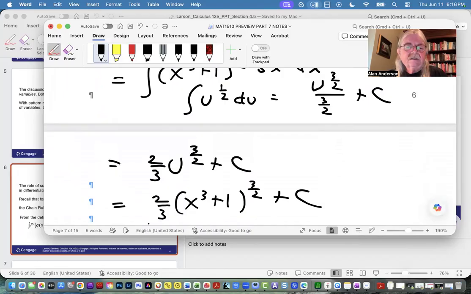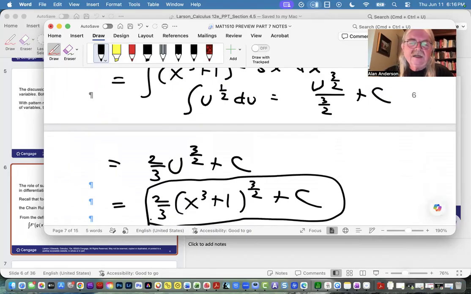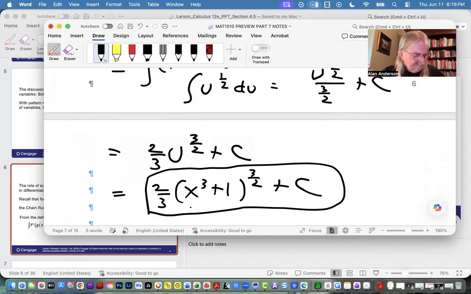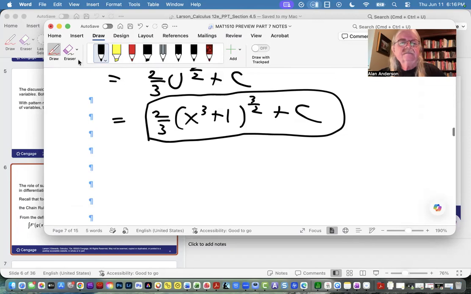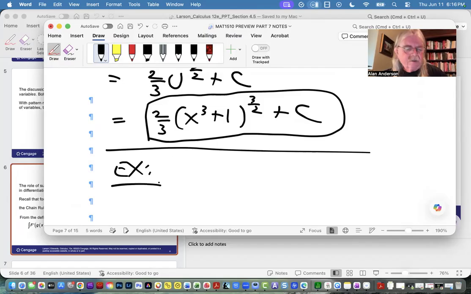And that's our answer. And if you're not sure, you can differentiate it and prove that it is in fact correct. All right. Now, of course, we can't get away without having some trig integrals. But before we do that, I would like to remind you that,